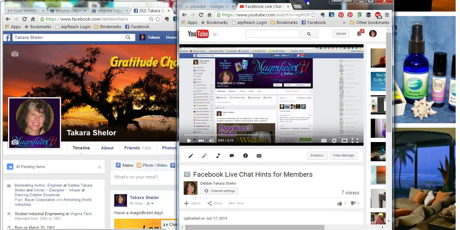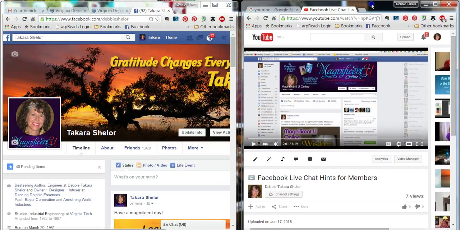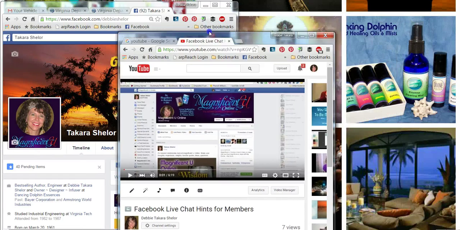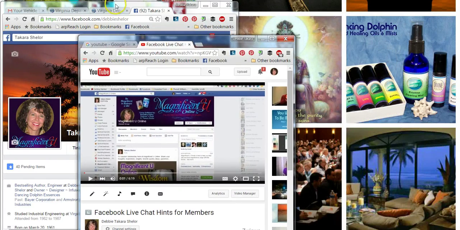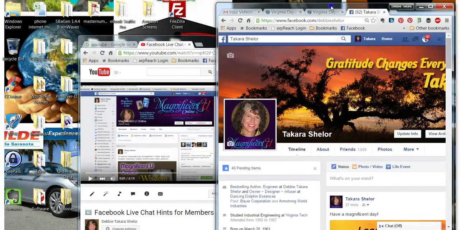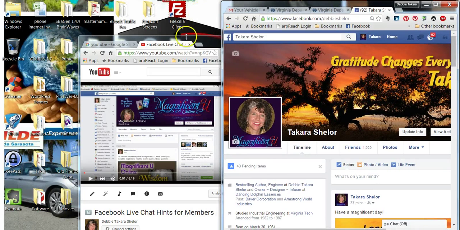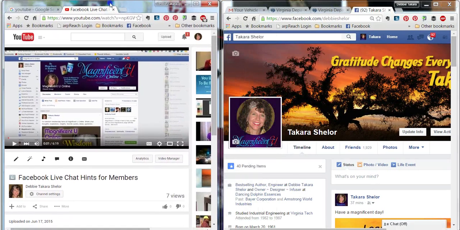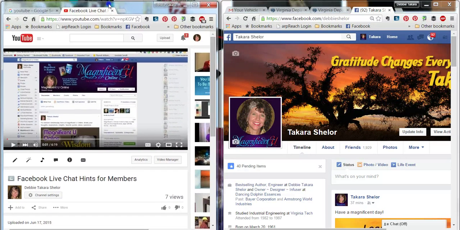If I'm going to watch a video and do something, you know, I might do it this way, or I might flip them. It doesn't matter, because you just saw I can move it around. I can go like this, and then I can flip this thing over here for my actual working part of the screen. This will be the viewing, watching the video, learning how to do something, and this will be actually doing it over here. That's my intention, to show you how to set up your screen as a split screen